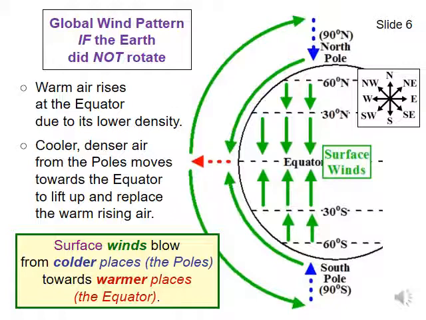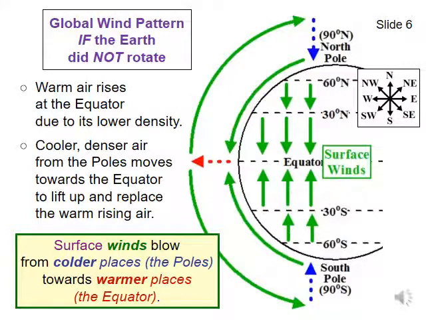At the surface of the Earth, the air is moving south in the northern hemisphere, and air is moving north in the southern hemisphere. The red, green, and blue arrows on the side of the globe show you what the air is doing vertically as well as horizontally. In other words, it shows the convection cells in the atmosphere. The air is rising up at the equator, red arrow, moving towards the poles, green arrows, sinking down at the poles, blue arrows, and moving towards the equator near the surface of the Earth, green arrows.